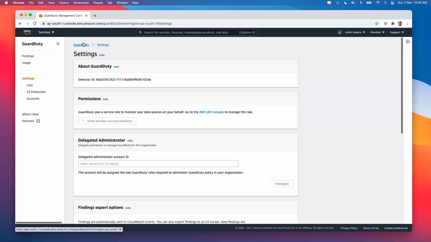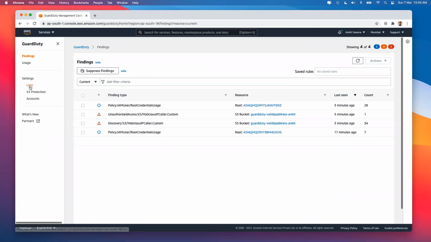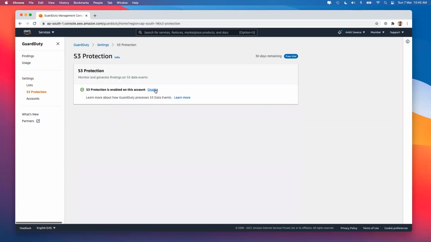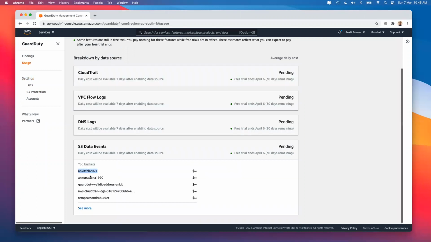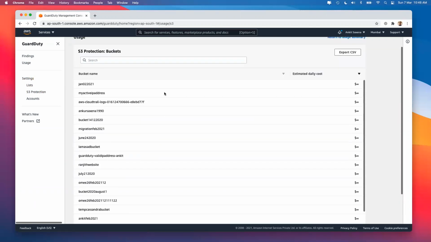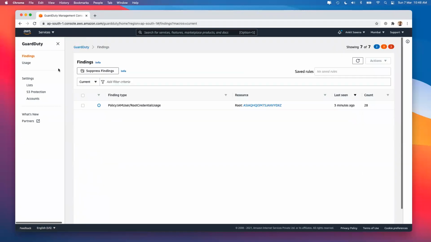And using this, as you can see, you can add a few IPs. Now if I add the same thing to my trusted IP list over here, I can see that now S3 protection is enabled. So if I have an issue with my S3 bucket, it's going to show up over there. Now my usage over here is going to show me the buckets: bucket, GuardDuty, CloudTrail, and whatever buckets I have. Now these buckets and all the data inside the bucket are going to show up over here based on the bucket which is being used the most. So it will show up over there.